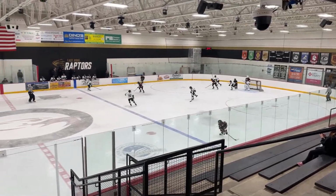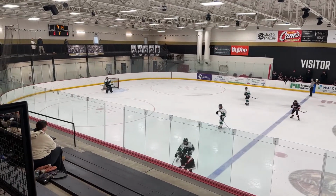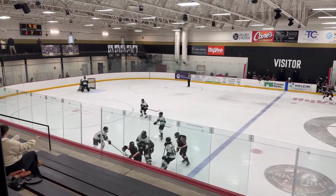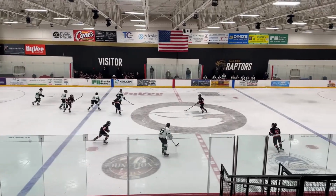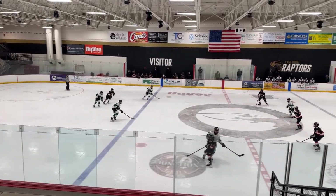Off to the right winger for Omaha. And cross-ice pass tipped by Gauster, but it got through. Omaha tried to send it in deep. Graham hammers the player. Gauster hammers him. Graham tried to get through. He was slowed up. And Maurer does a great job settling the play down as it was getting a little